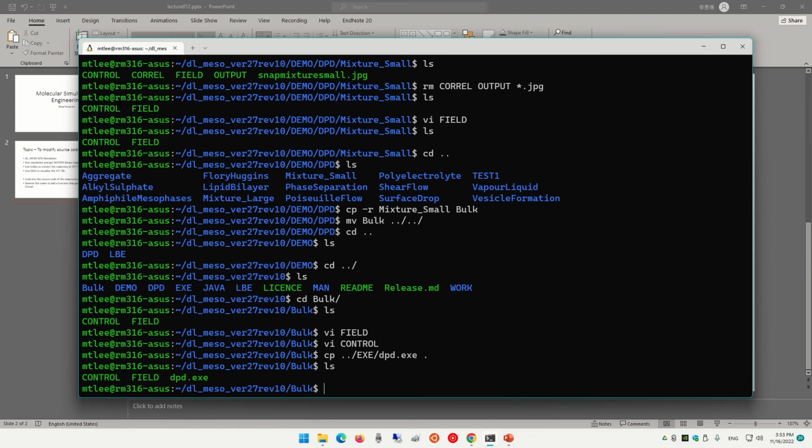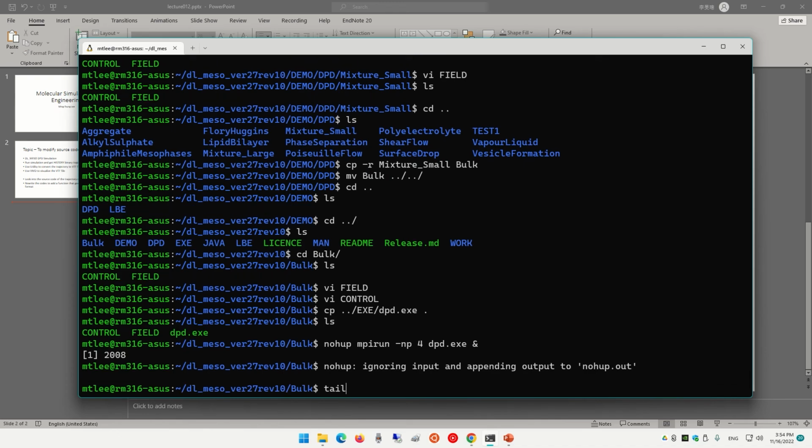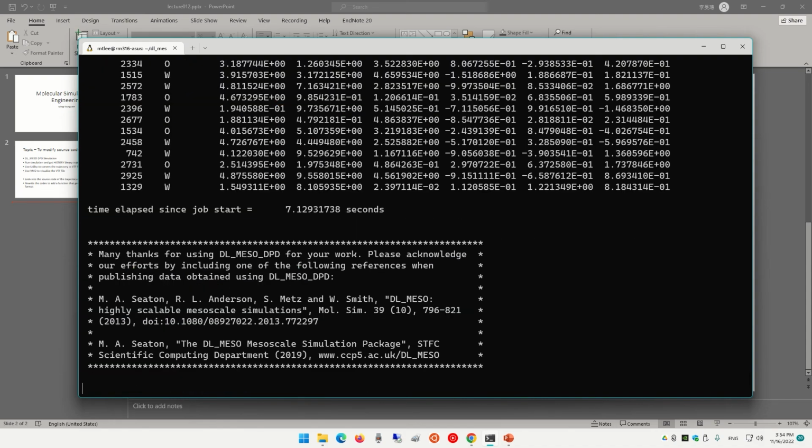So what you do is use the command mpirun -np followed by how many CPUs you're going to use for this simulation. We're going to put 4, all right? 4 is fine. Then dpd.exe and an ampersand. All right, we can take a peek at the output file. See, okay, voila, it's finished.